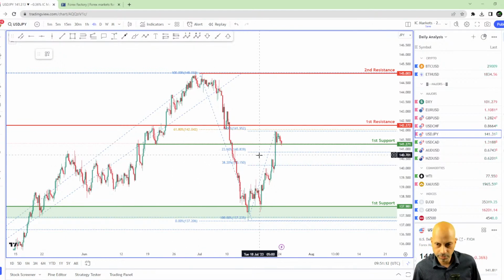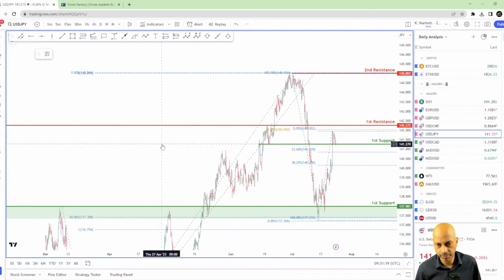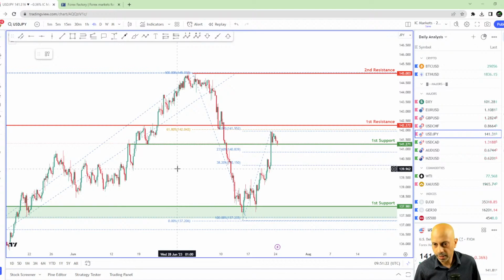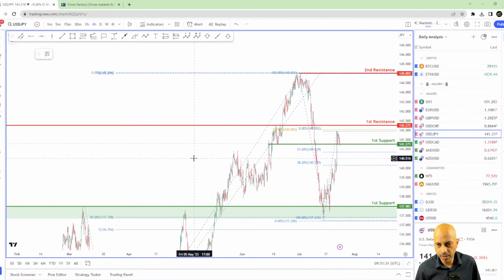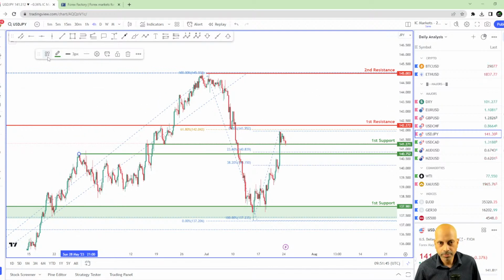Okay, so do take note, we have not used any Fibonacci retracement levels, but we found actually a very nice overlap level here instead. Okay, now what about the second support level for dollar yen? It's not in terms of overlap. There's no really good level, rather, sorry. Probably if we really wanted to, we can see that this level here